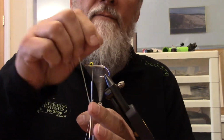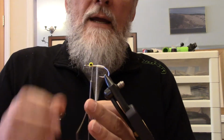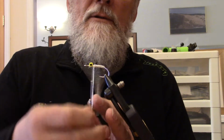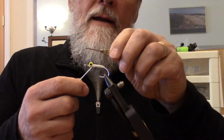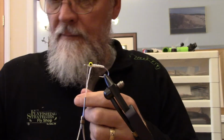And coho have big, strong, sharp teeth. And if you don't make your flies bomb-proof, they will chew them up, and you'll go through a lot of flies. So I want to be able to fish a fly a long time, and so super glue is your best friend. So I'm going to tie this off behind the eyes,